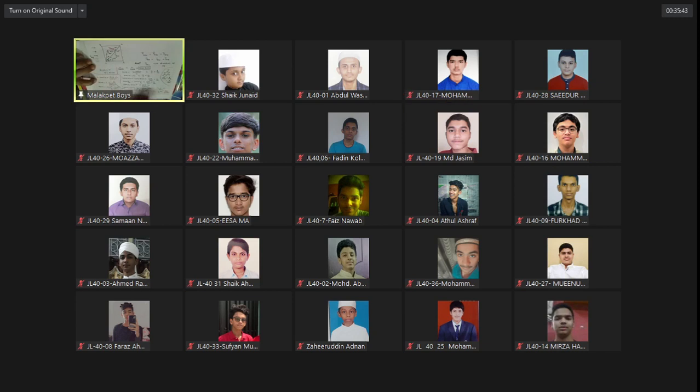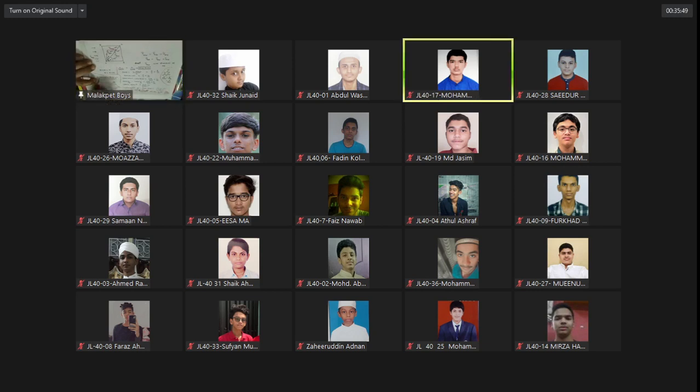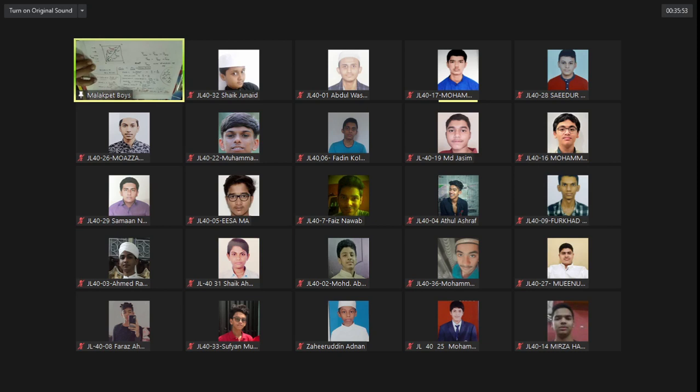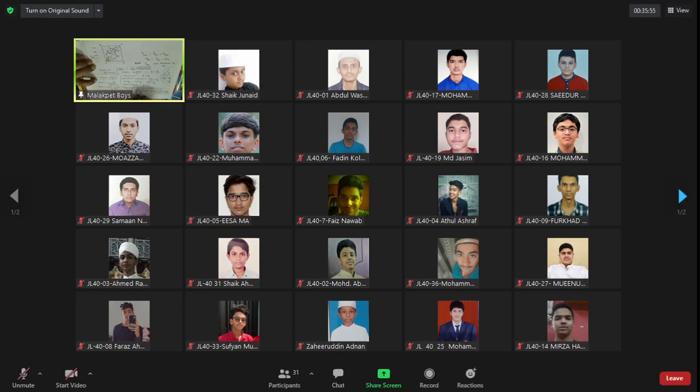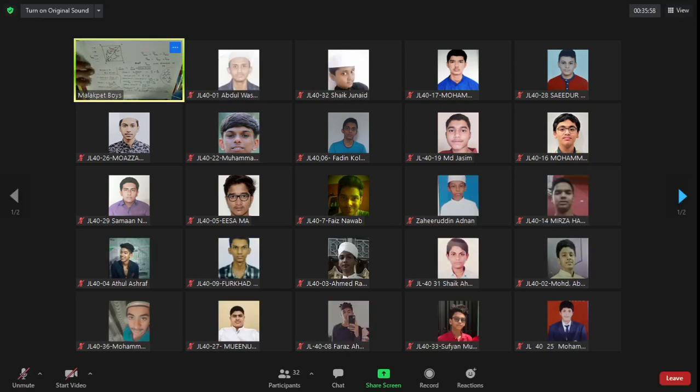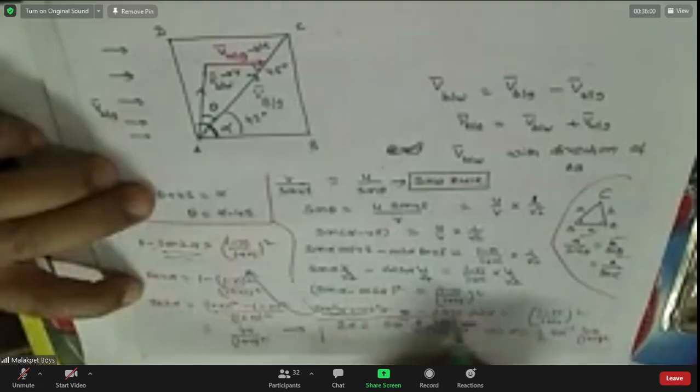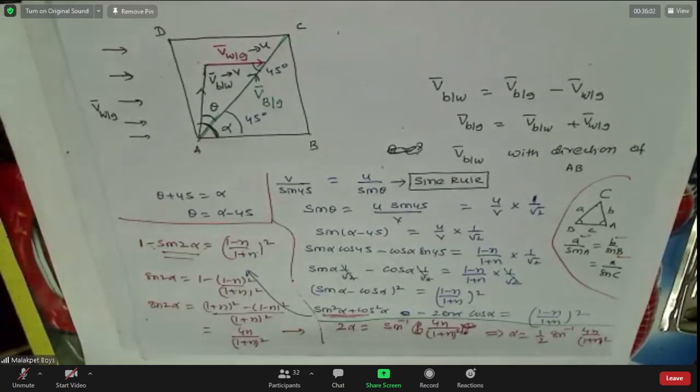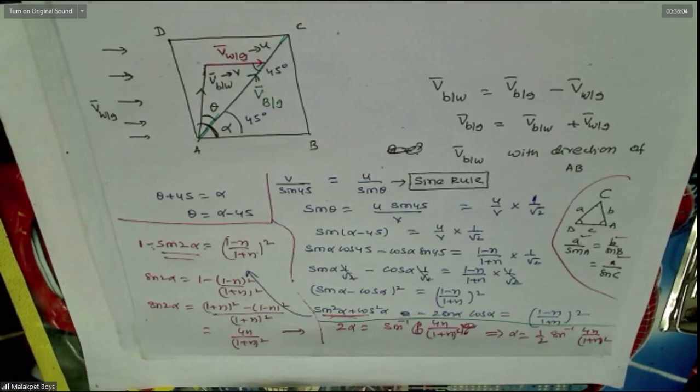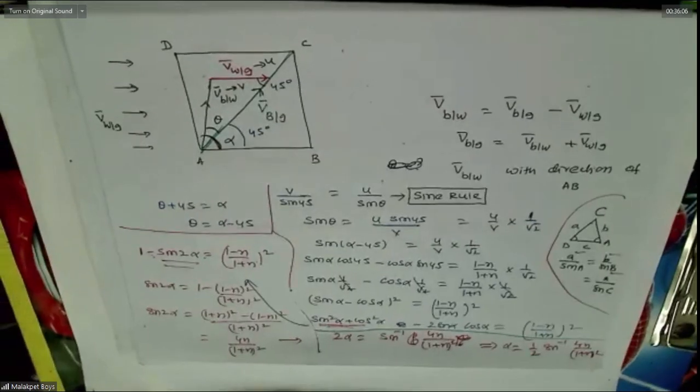I want to find alpha. This is sine 2 alpha, no? Yes, sir. This is 1, no? Sine square plus. Yes, sir. After that, I have sent this side and I found alpha. Ultimately, we have to find alpha. That's all. Our task is to find the value of alpha. So use your mathematics, trigonometric knowledge and try to find alpha. That's it.